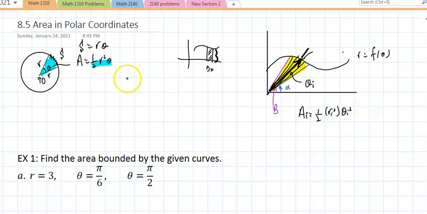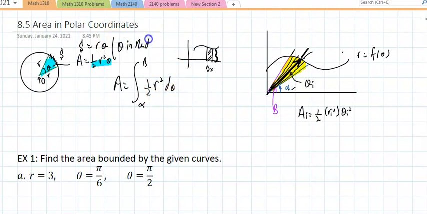Well, if I want to find the area of that sector, I would integrate from alpha, the beginning, to the terminal beta of 1/2 r squared d theta. What's the catch? Theta must be in radians, if you recall. This formula doesn't work if you pick theta to be in degrees. And if I happen to come across